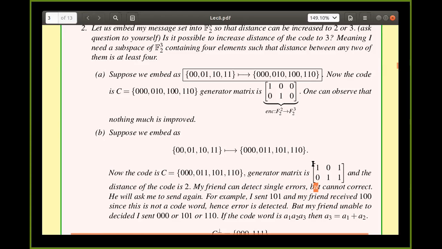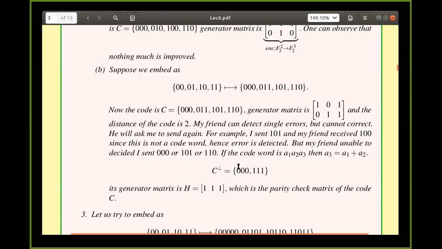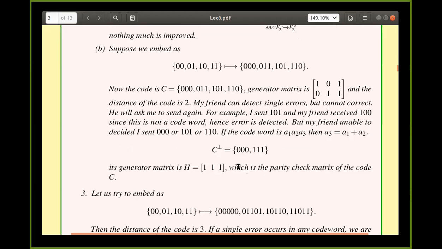I hope now it is clear what a generator matrix is. If it is a linear code, the generator matrix helps us: instead of writing all the code words, it is sufficient to express the generator matrix. With that, I will get all the codewords. It is a basis expressed as a matrix, so it contains the entire information. That is the beauty of vector spaces. It is sufficient to know the basis.